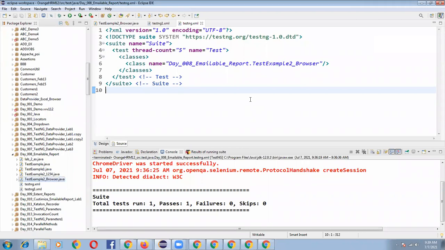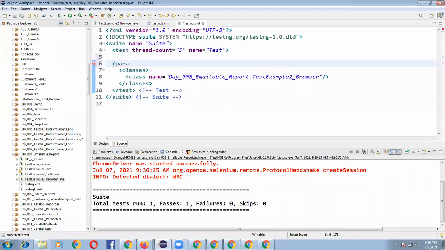I have generated my testng.xml, and I'm writing parameter name is equal to browser and value is equal to Chrome.